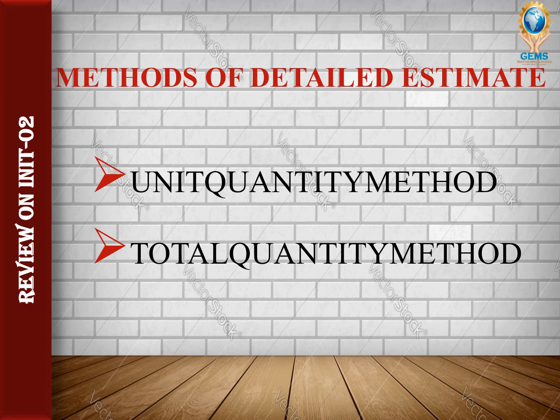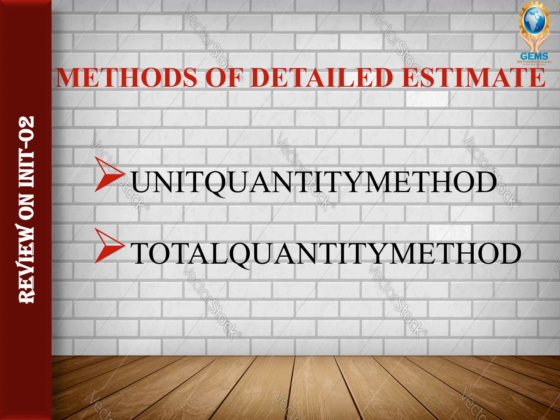Then the total quantity method. What does the total quantity method mean? We get the quantities and their values with the help of the detailed drawing. The second point about the total quantity method is that we divide the structure into different components, calculate the value of each component, and after that add all the values to get the total cost of the structure. That is called the total quantity method.